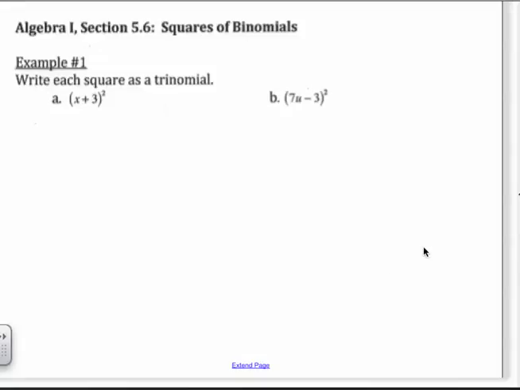Okay, gentlemen, the topic of this section is called the square of binomials. That means I'm taking a binomial and I'm multiplying it by itself. And when I do that, I'm always going to get a trinomial. And I'm going to show you a pattern, but I have to tell you guys,